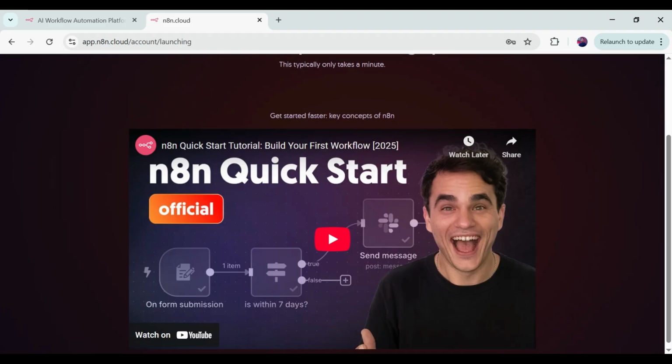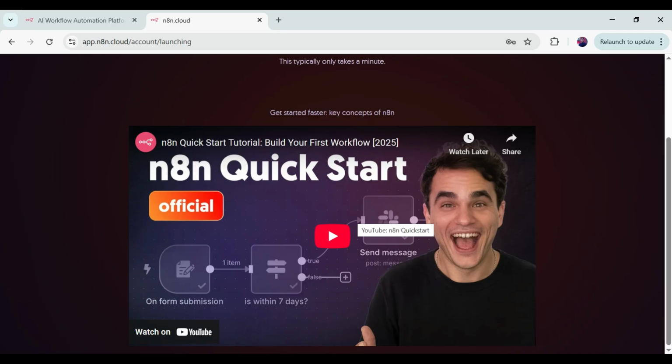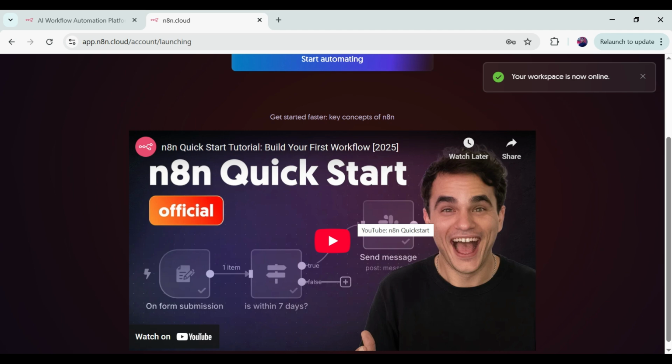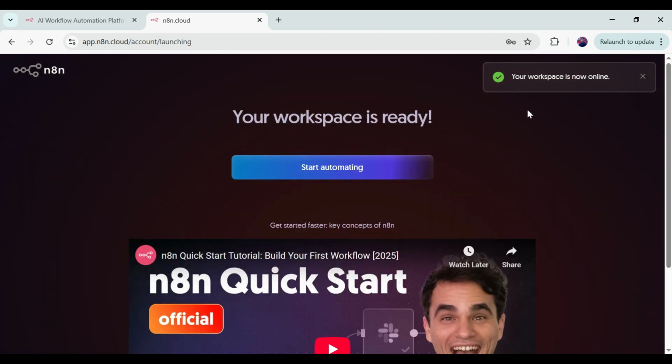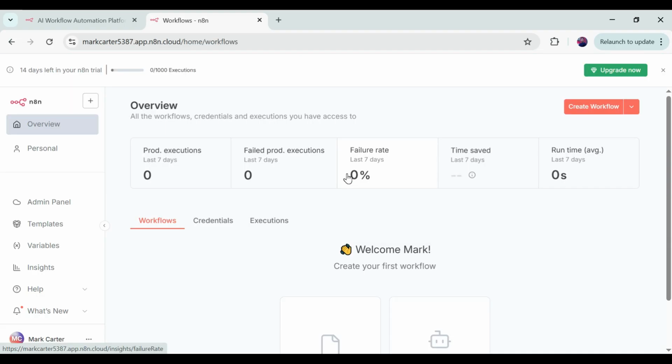You can also see this quick guide in order to have step-by-step details. Okay, so our workspace is now online. Let's start automating. After that, we will have this kind of dashboard, and at the start you can see that we have 1000 executions, like whatever workflow we create can handle only 1000 executions, because we are doing a free trial which is of 14 days.